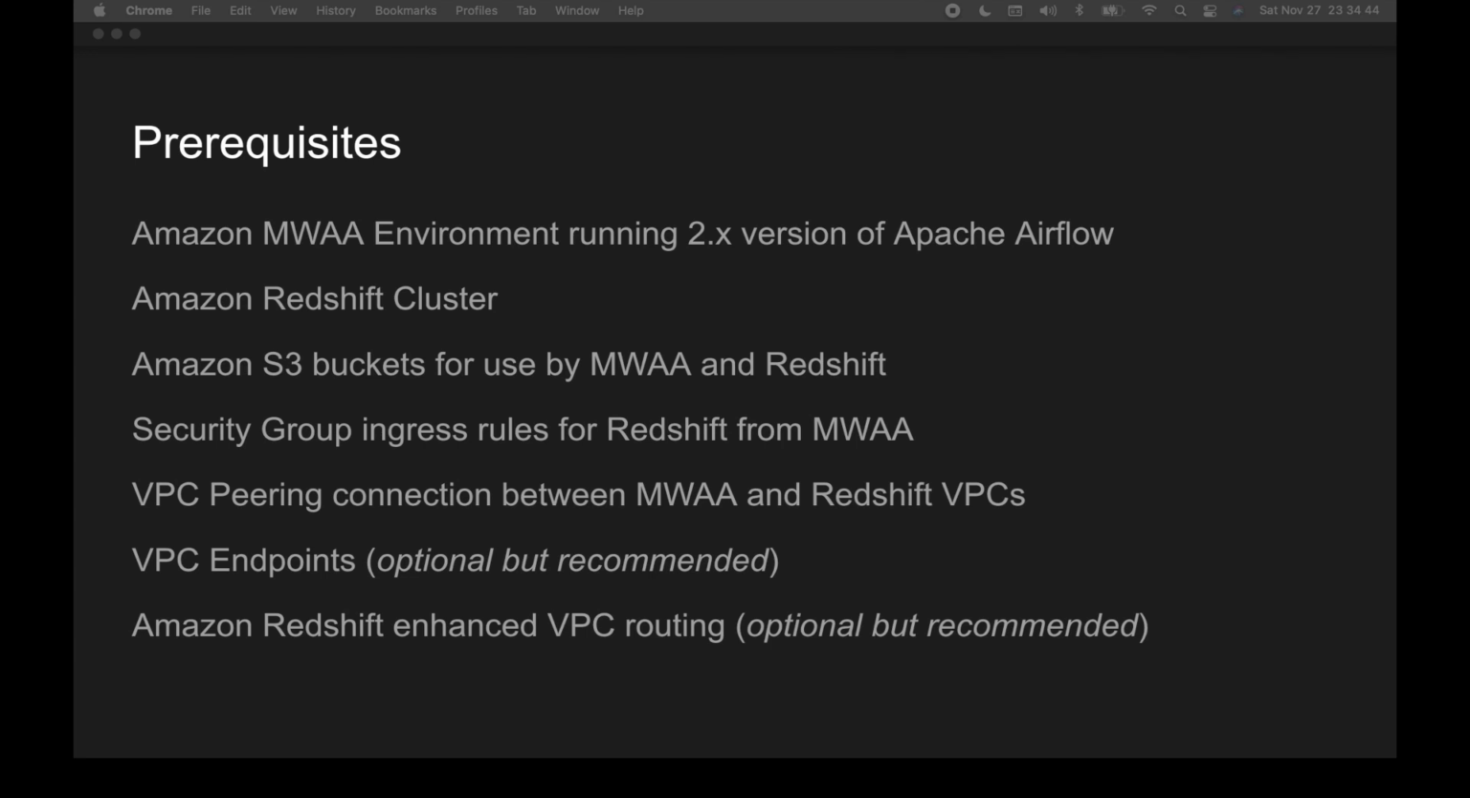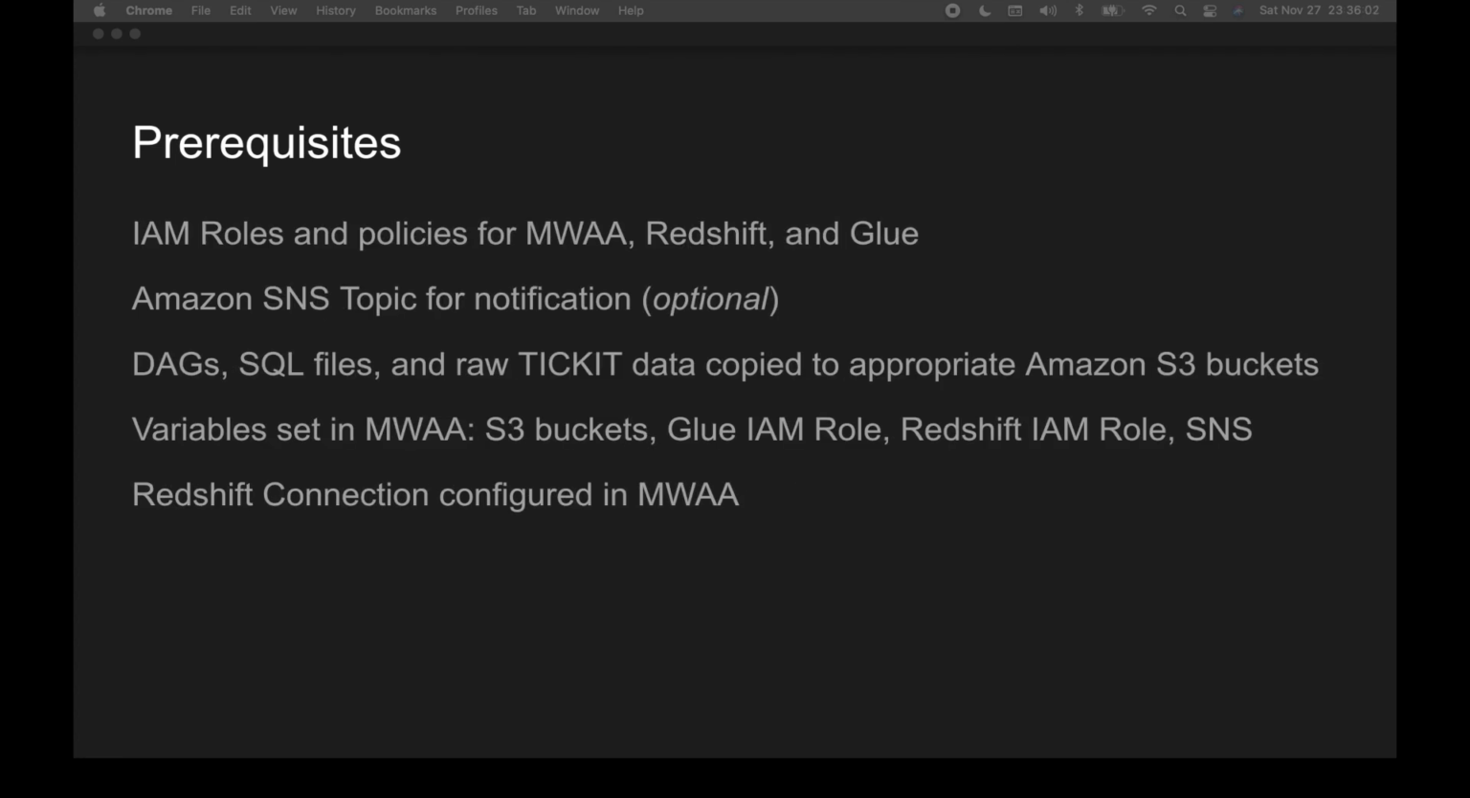Prerequisites. To follow along with the demonstration, you will need to create and configure the following AWS resources: Amazon MWAA environment running 2.x version of Apache Airflow, Amazon Redshift cluster, buckets used for the MWAA and Redshift files, security group ingress rules for Redshift from MWAA, VPC peering connection between MWAA and the Redshift VPCs, VPC endpoints, optional but recommended, Amazon Redshift enhanced VPC routing, optional but recommended, IAM roles and policies for MWAA, Redshift, and Glue, Amazon SNS topic